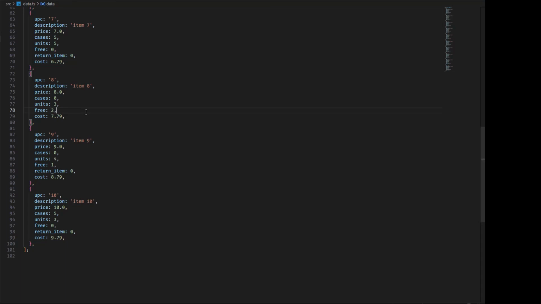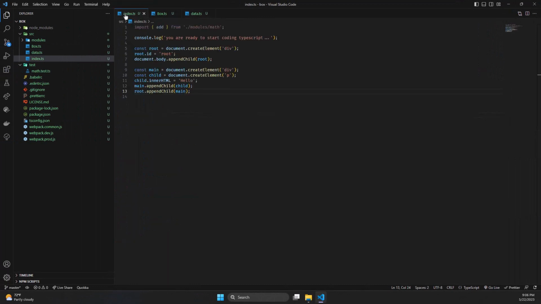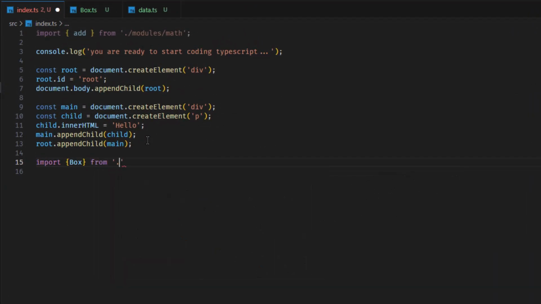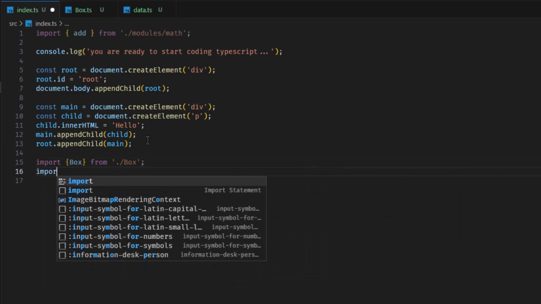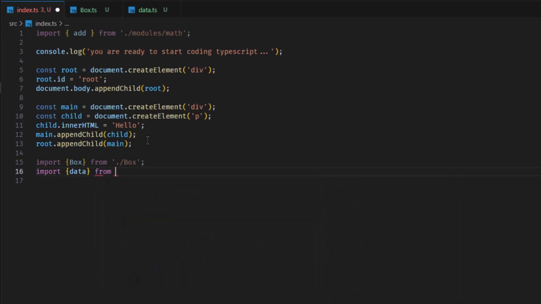When we come back, we will utilize the box. To utilize the box, we're going to go to our index.ts and we're going to import the box from the box and import our data from our data. Now typically, let's say we're working on the total screen after they received all the items,